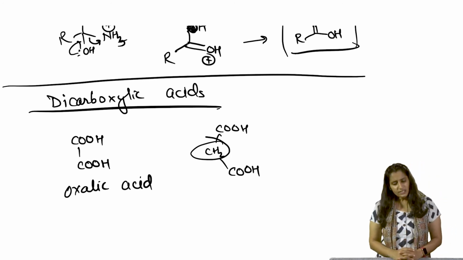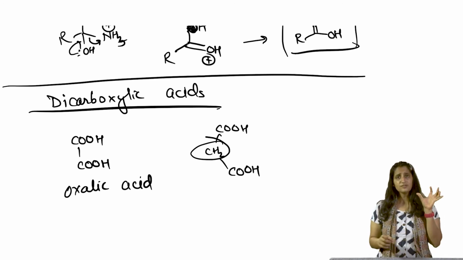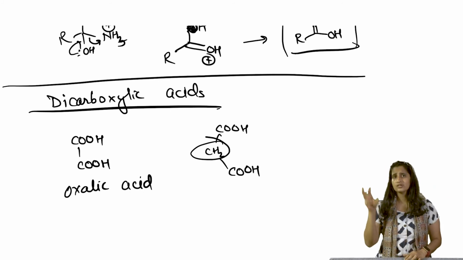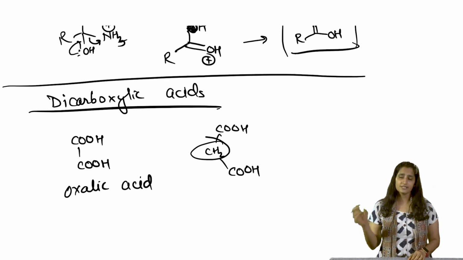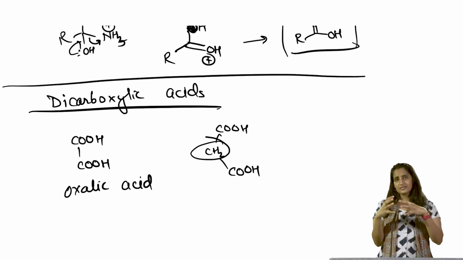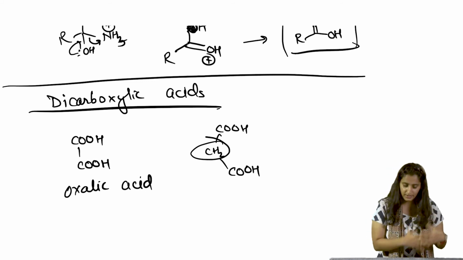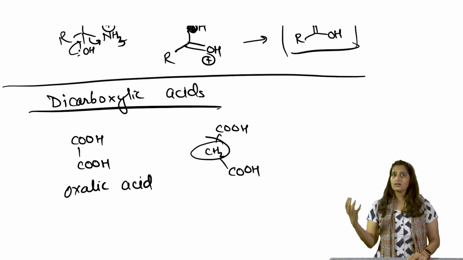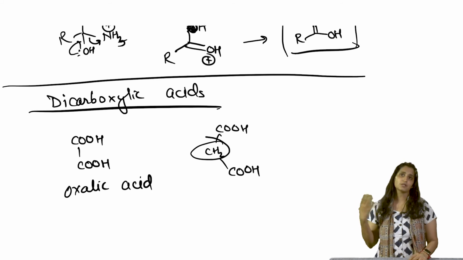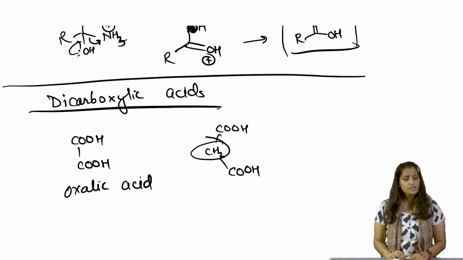Okay. So, what do we need to study about the reactivity of these dicarboxylic acids? The first thing, because of the presence of that other COOH, the acidity of this COOH increases a little bit, because that other COOH is going to pull electrons away inductively. Your conjugate base becomes much more stable. So, they are a little more acidic than the corresponding acids.